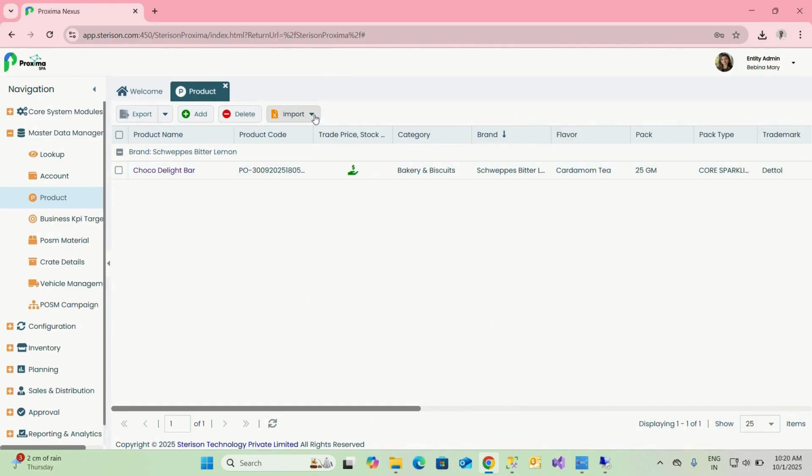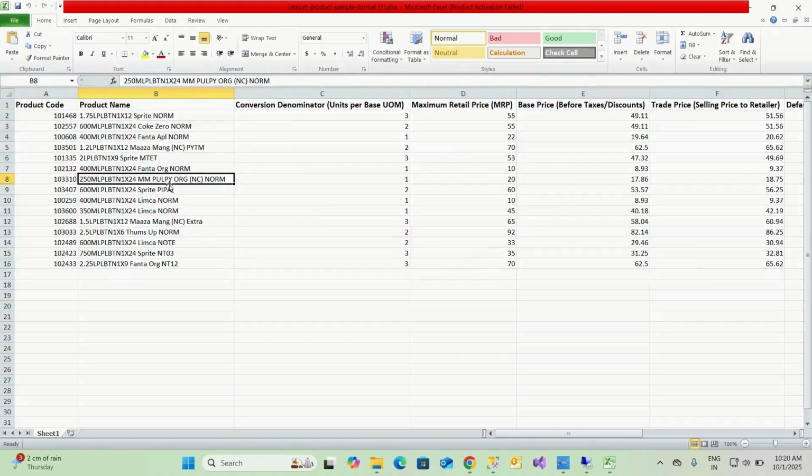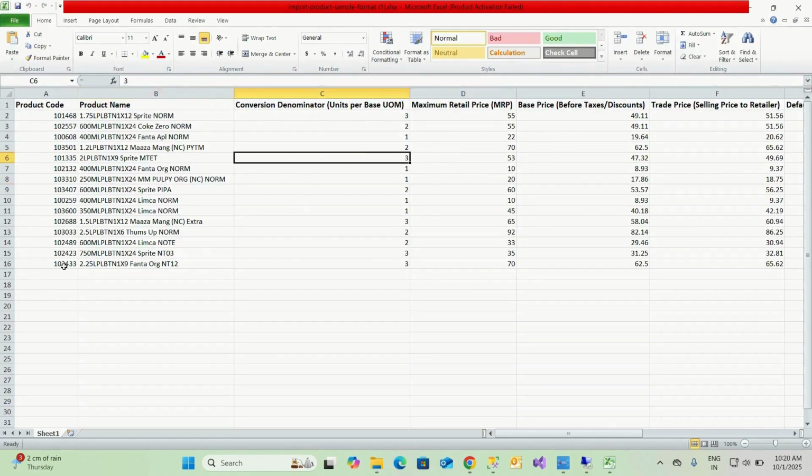To import multiple products, first download the template. In the template, you'll find some sample data that shows the structure and field names. You can fill in or modify this sheet before uploading. Here's what each column represents: product name, denominator,